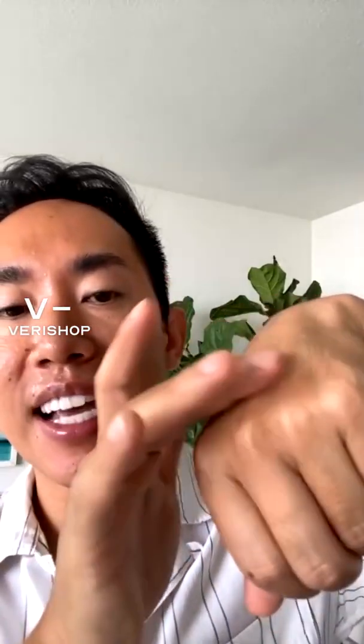And so let me show you the texture. This has 2% hyaluronic acid and 4% niacinamide. So here you can see it's very viscous. It's not watery or anything like that. But then as you can see, it has a nice